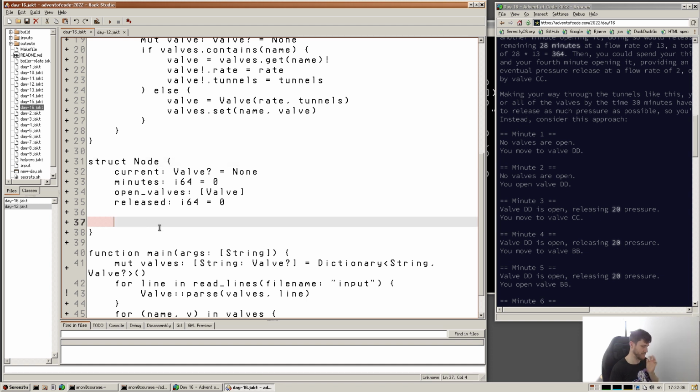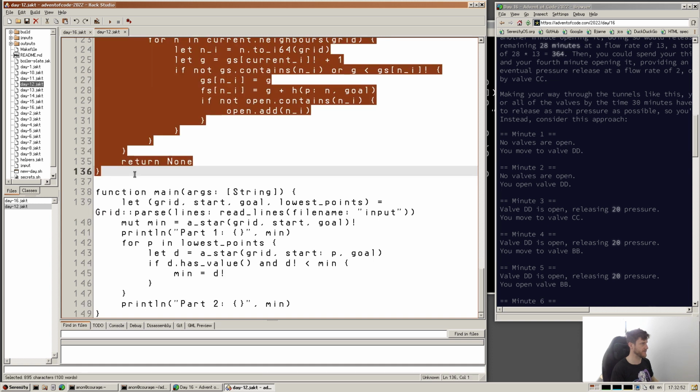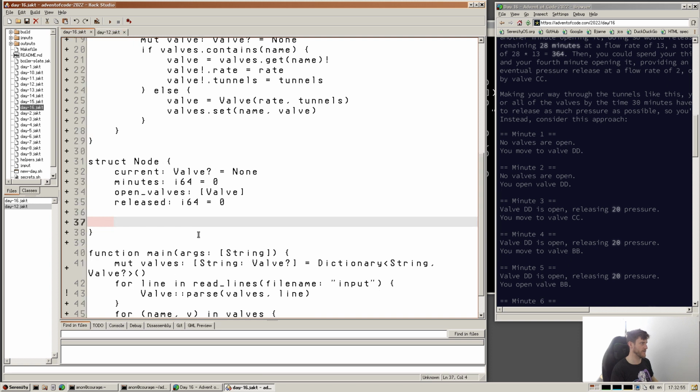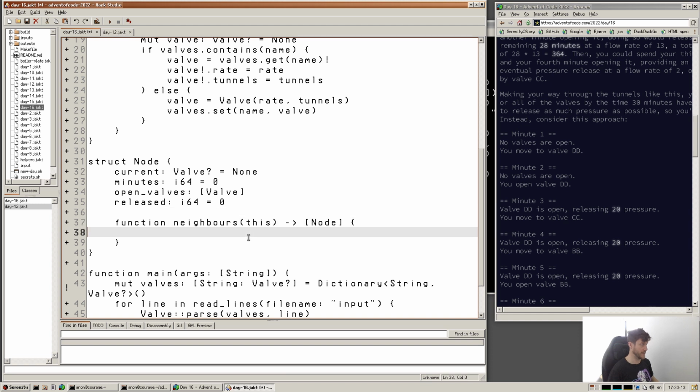Might make it maybe a bit easier to kind of go and do things. And so what am I thinking here? I also probably want to just copy this A star at some point. I think maybe flesh out this node a bit more. So we're going to have a function neighbors, and it will probably take this, and it will return a list of node, and we can probably just return